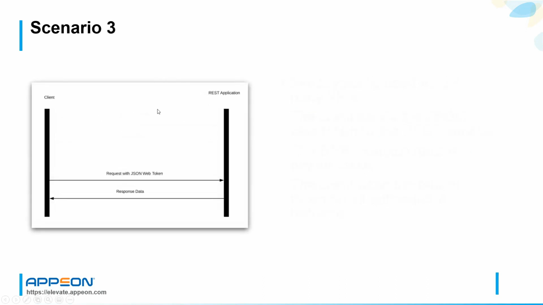And then there's this third scenario that's used by some services where instead of getting a bearer token back, you create your JSON Web Token request and you send it on every call, so that there's no bearer token that you need to revalidate. What happens is when the REST application parses the JSON Web Token request and determines whether or not the user is valid and their claims are valid, it's going to do that same process on every request it gets. So that's probably the most secure method,